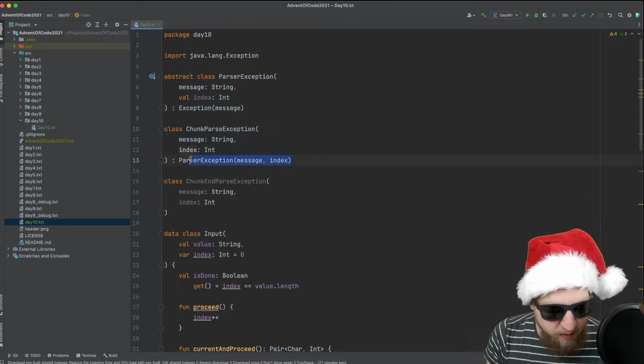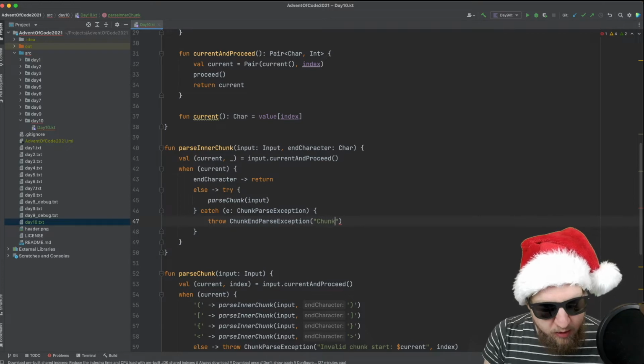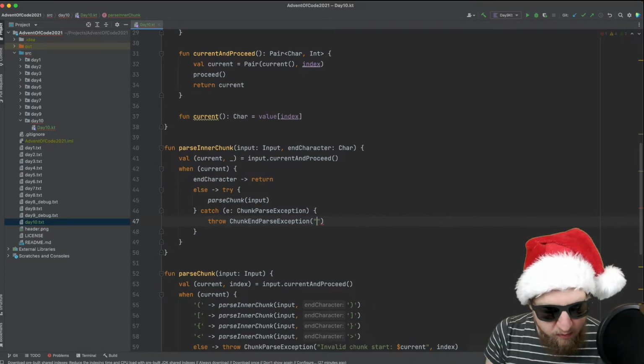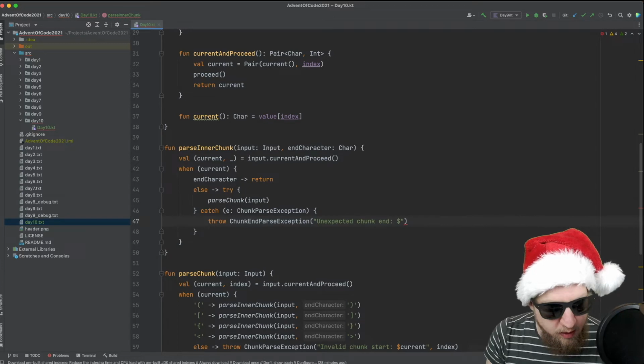And we can make it exactly the same. And then throw it as a new one. Chunk ended with, or unexpected chunk end. And